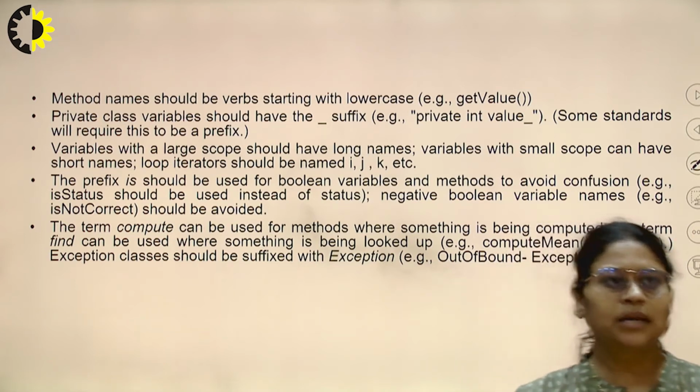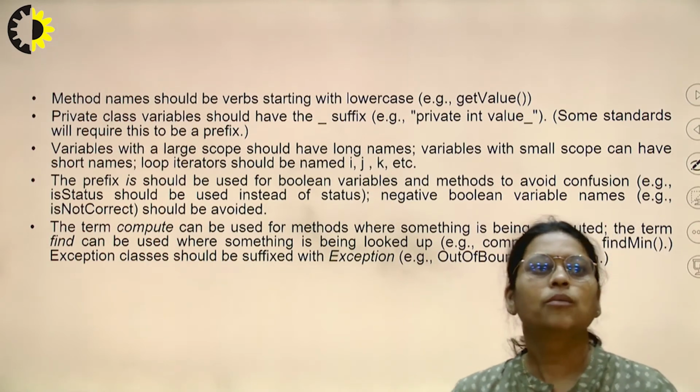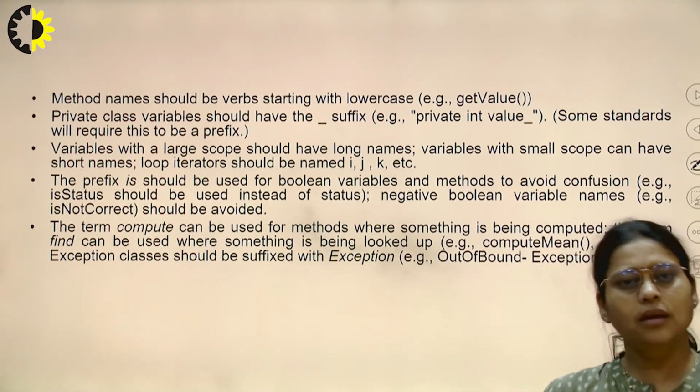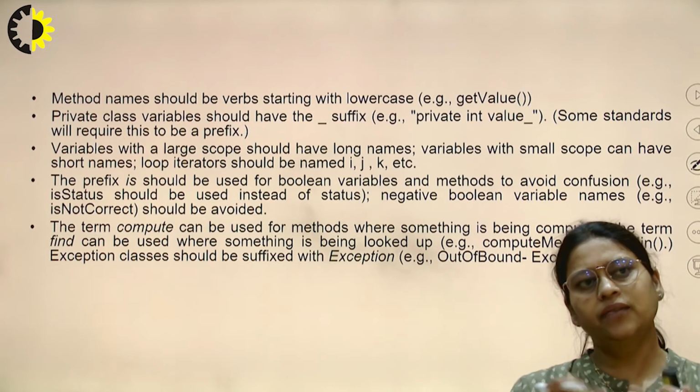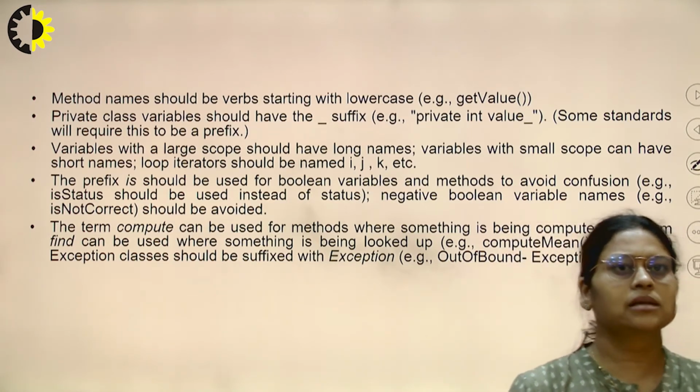For example, isStatus should be used instead of status, so that we can easily differentiate the methods and the Boolean variables.